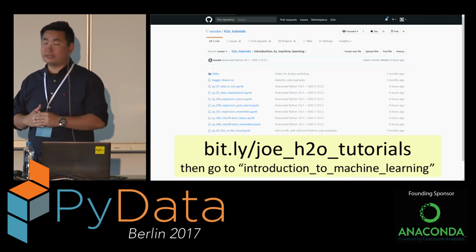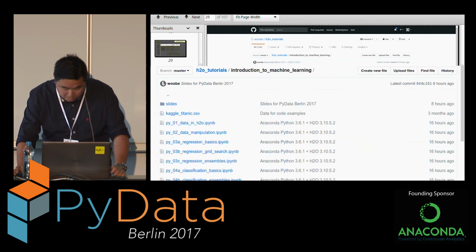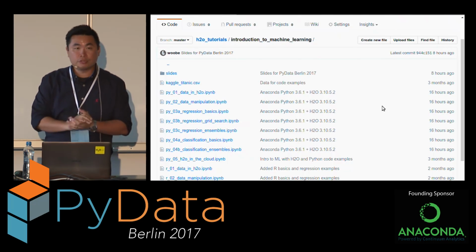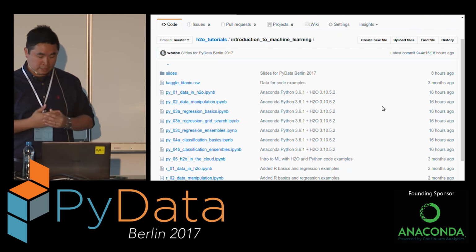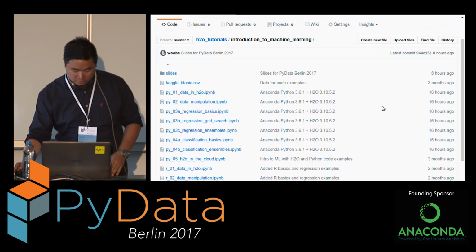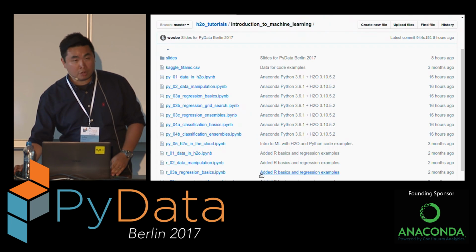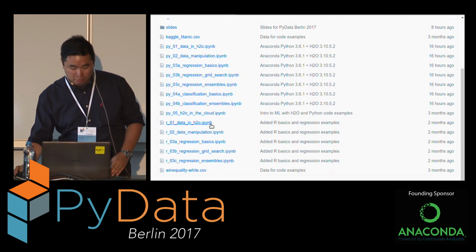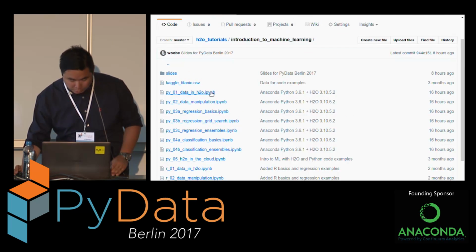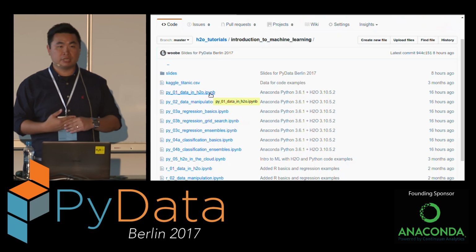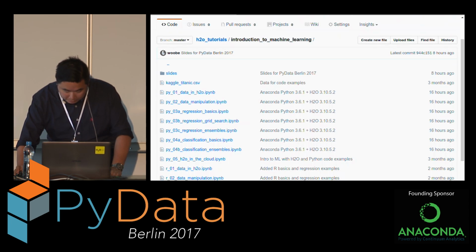OK, so again, this is the link for the tutorial. Let me just show you the real thing in the web browser. So if you go to this repository, you can see the actual tutorial and an introduction to machine learning. There are lots of Jupyter Notebooks here, you can see the Py ones on the top. They are the examples in Python. But if you are also interested in using H2O with R, you can see that the bottom few are written in R. So we'll start with the first one. The first one is just showing you how to initiate a cluster of H2O and then import some data into it. So let me just go back to one.